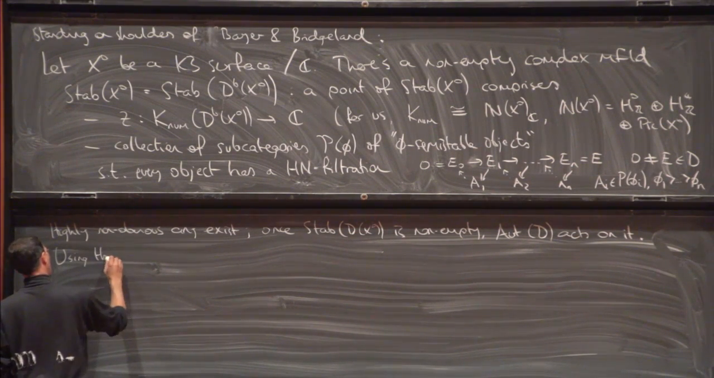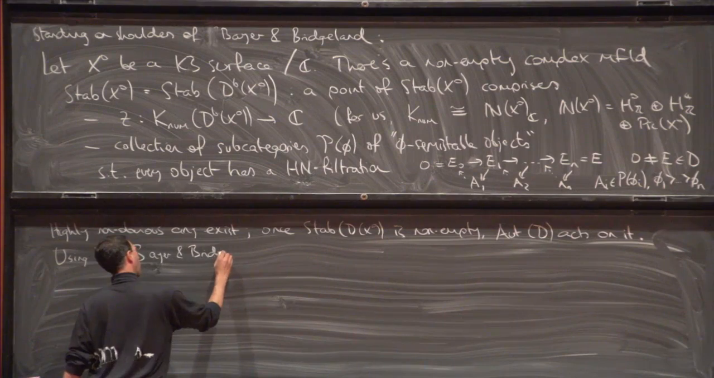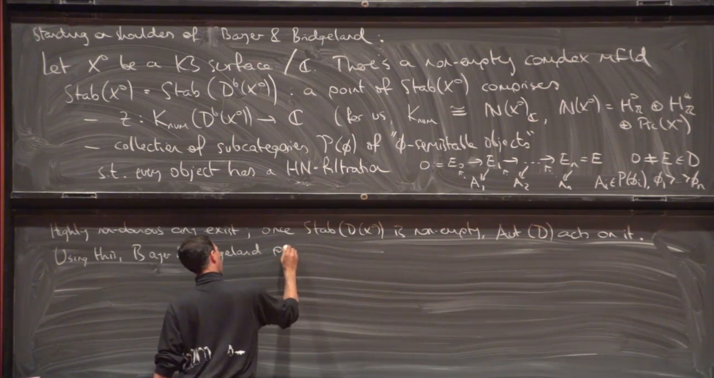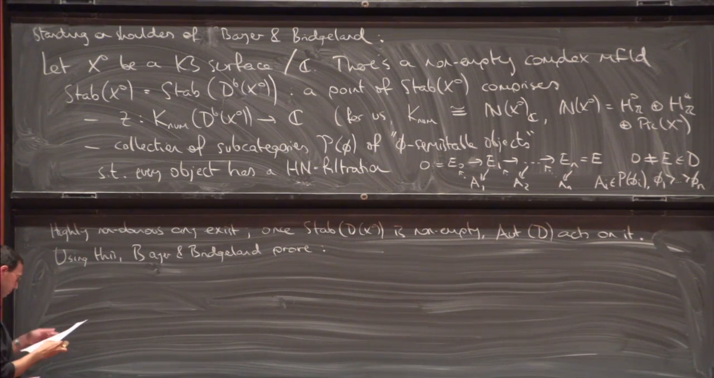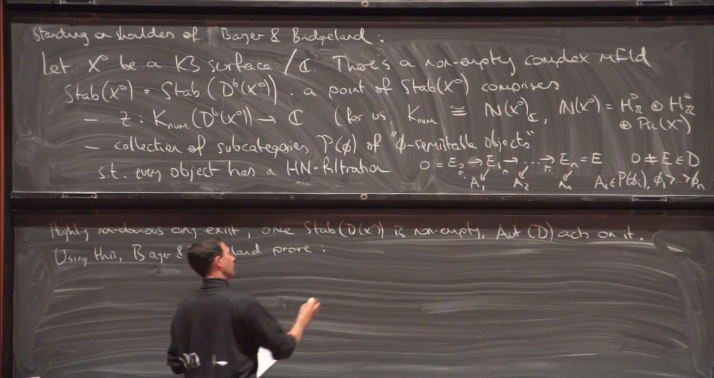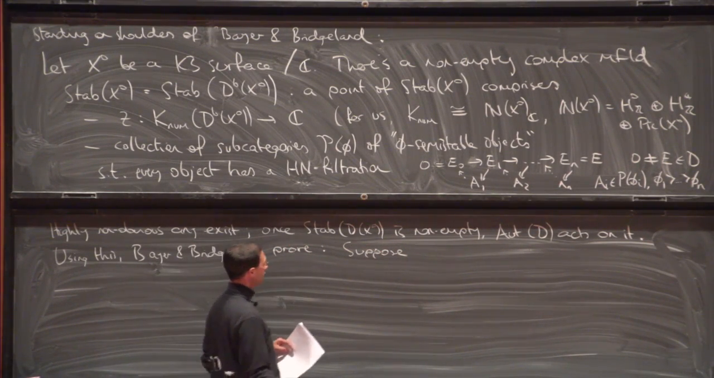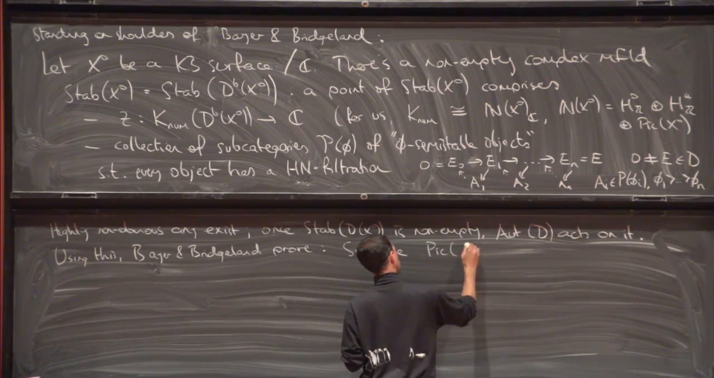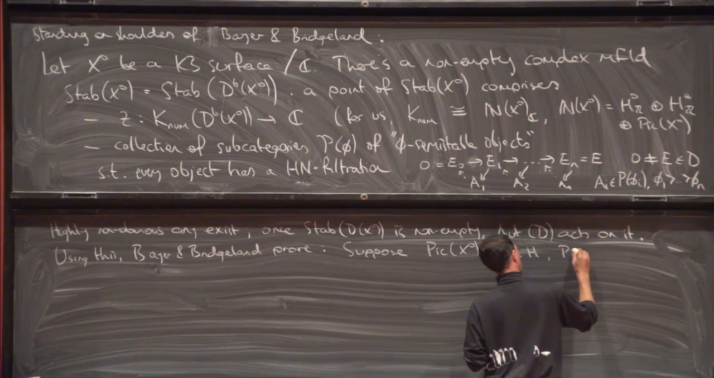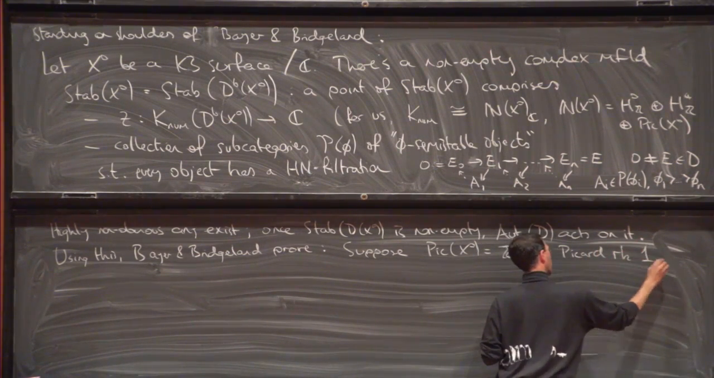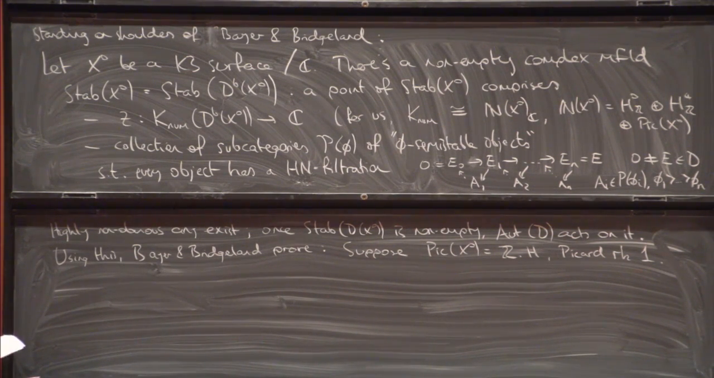So, using this, Bayer and Bridgeland prove a number of results, but I want to focus on two. And the results I want to discuss both impose a condition on the K3 surface that the Picard rank of the K3 surface is 1. So then